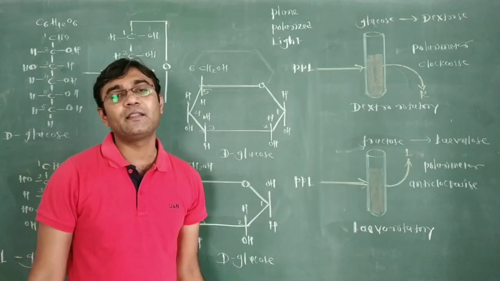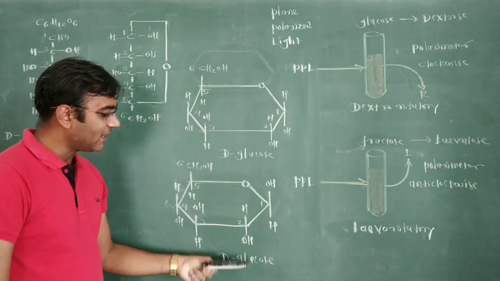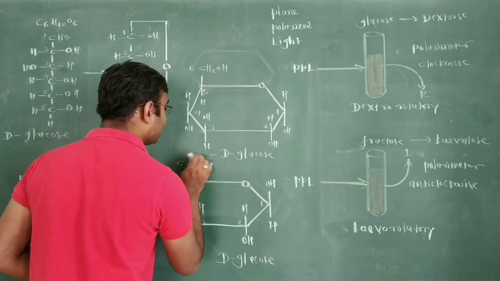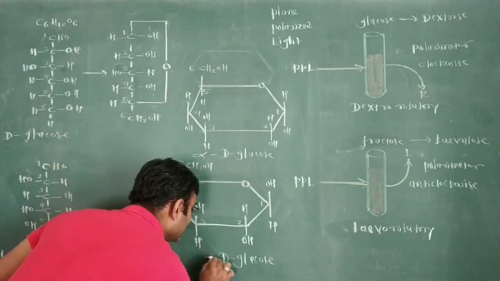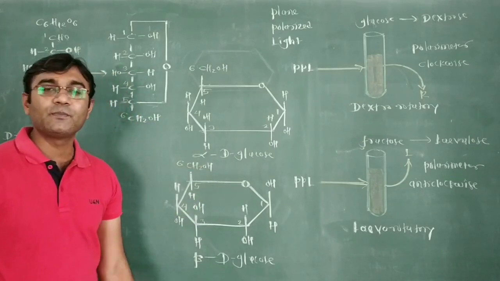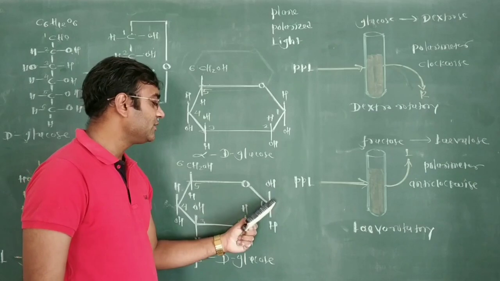So the two chemicals are anomers of each other. Both of these are the anomers of glucose. This we can say is alpha D glucose. So this we can say is beta D glucose. Alpha and beta D glucose are both anomers of each other because at the first carbon the position